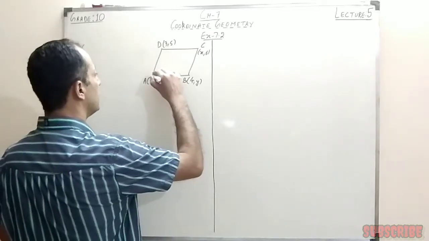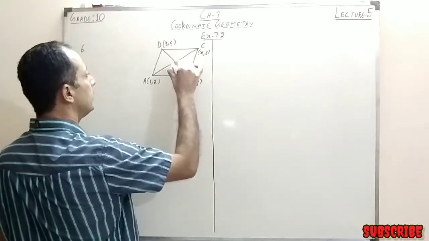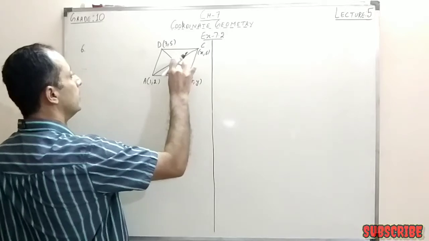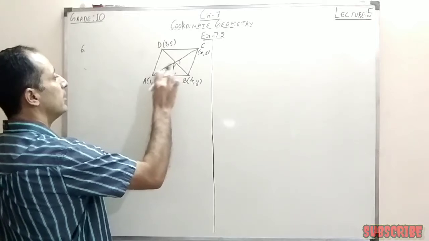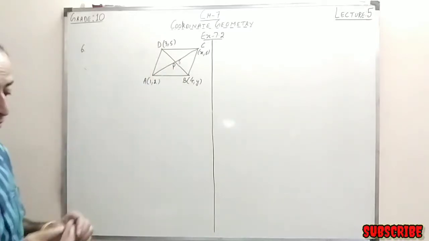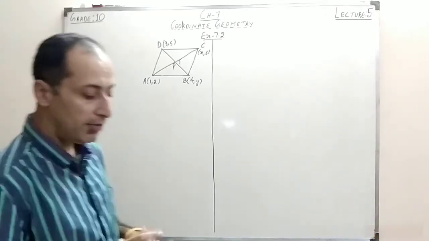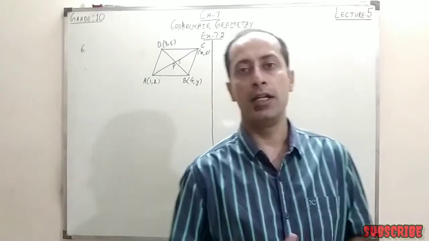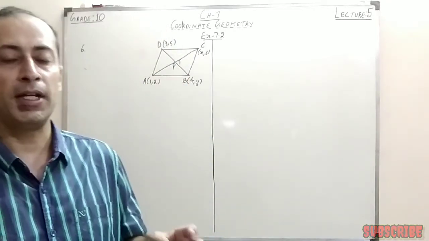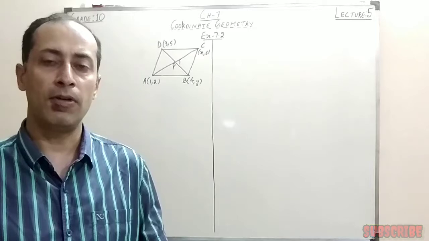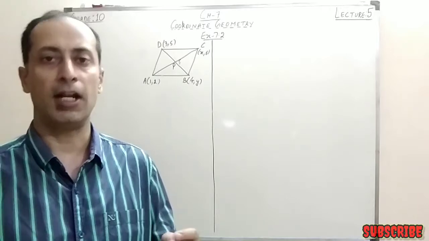First we will join the diagonals AC and BD, and this is the point P. Right, so this is P actually. Now we know P is the midpoint of AC and also of BD. If we find the coordinates of P using that P is the midpoint of AC, and then find the coordinates of P using that P is the midpoint of BD, in both cases the value of P should be the same. Using this property we can find x and y.